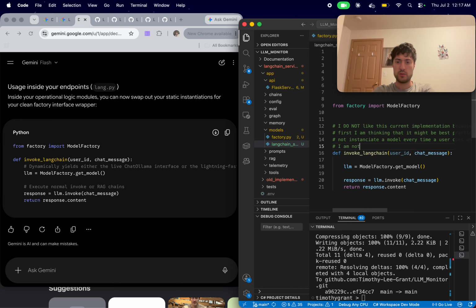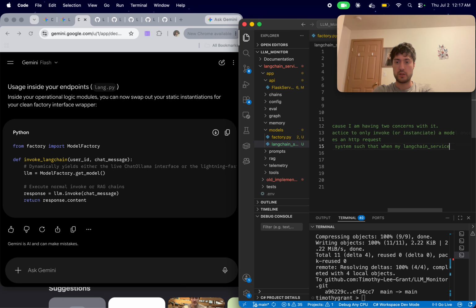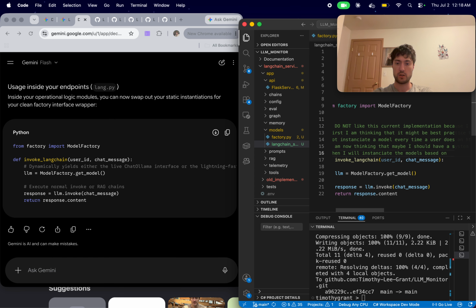I am now thinking that maybe I should have a system such that when my Langchain service container starts up, then I will instantiate the models based on